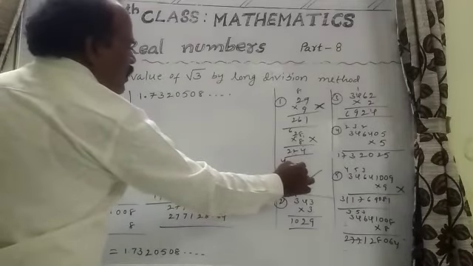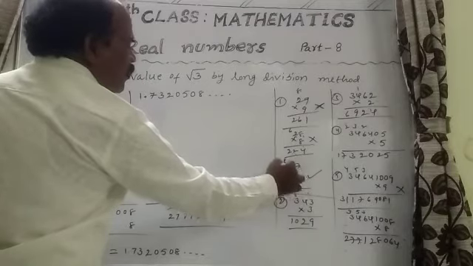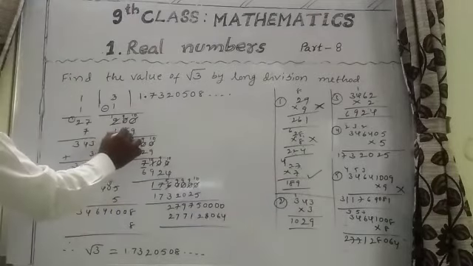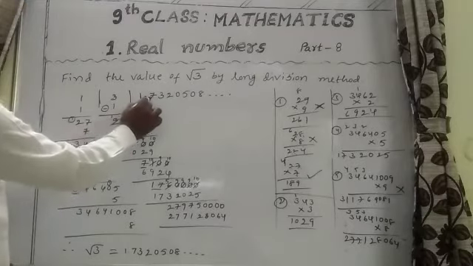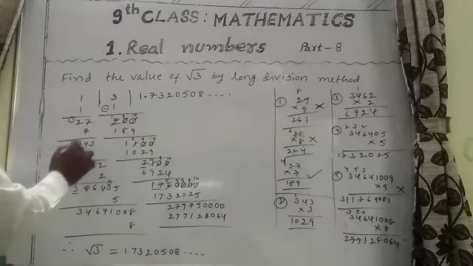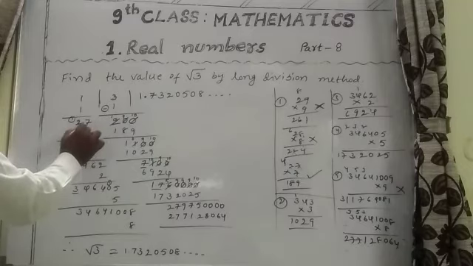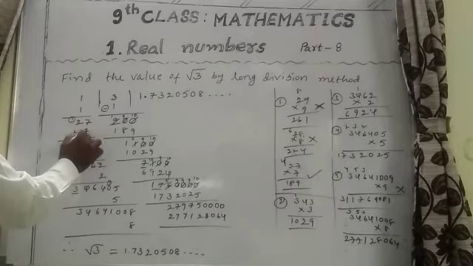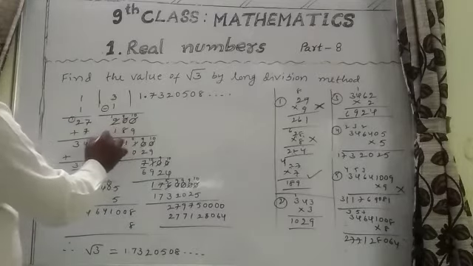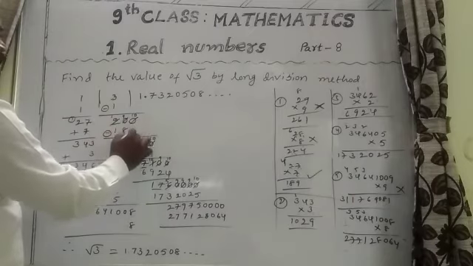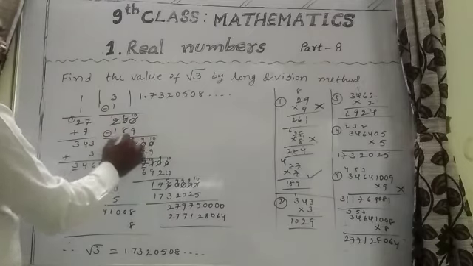2 after write the 7 multiply with the 7. 7 7s are 49. 7 2s are 14 and 18, 189. This number is less than 200. So 27 7s are 189. Write the 7 here. Then add 7 plus 7 is 14 and 2 plus 1 is 3. Here subtraction 10 minus 9 is 1. 9 minus 8 is 1.